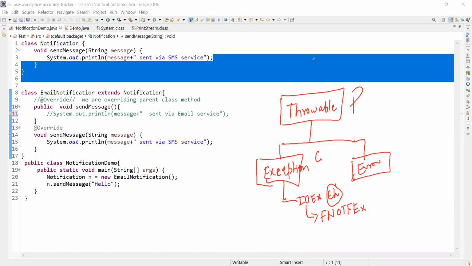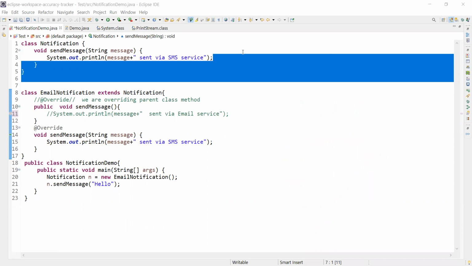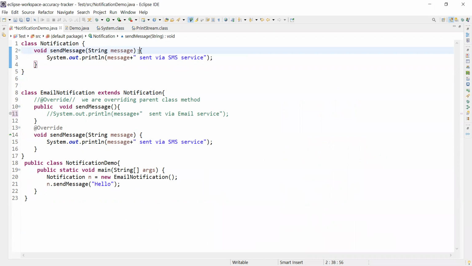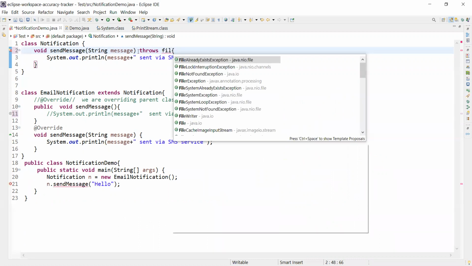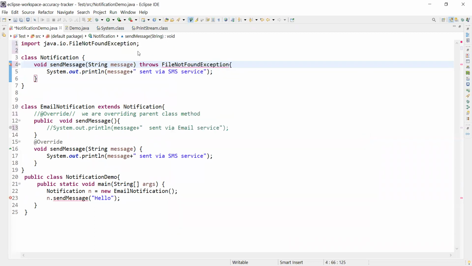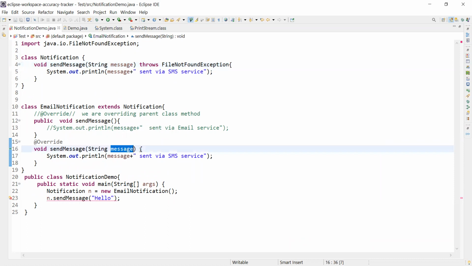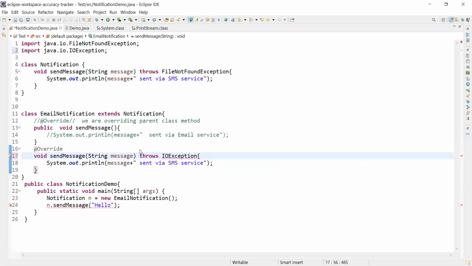Now what we are doing, let's say, we will discuss this later on as well, so don't worry, I'm just giving you a brief idea. This is the class. It throws FileNotFoundException. And when we are trying to define the overridden method, we can say throws, let me take IOException.